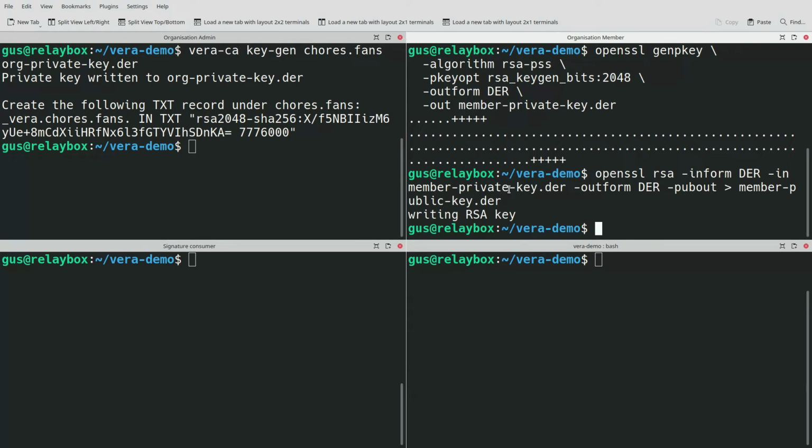But here we're going to be doing things by hand, just so that you can see what's going on behind the scenes. So as an organization member, now I have a public key that I need to send to my organization admin, and let's assume that I just sent it. Now the admin, let's also assume that the admin did some authentication on you before giving you a Vera ID. So once that's done, then